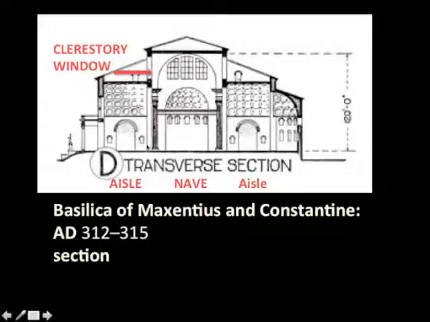Perhaps you know the word navy. Is this a familiar word to you? Naval battle. All of that has to do with ships. Nave is the Italian word for ship. And people who built the wooden trusses for churches in the early days were often the same people who built the wooden structure of ships. You just turn them upside down. That was certainly the case in Venice, where the carpenters at the arsenal would build both ships and truss work for churches. This large space in the middle is the nave. The space on either side is called the aisle. And light comes in from above through clerestory windows. So that's basically the type.